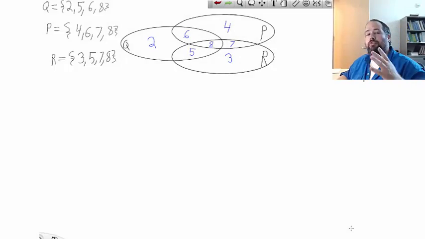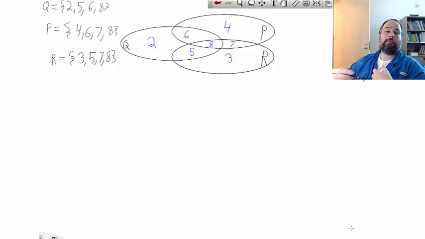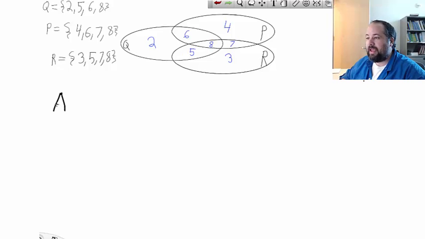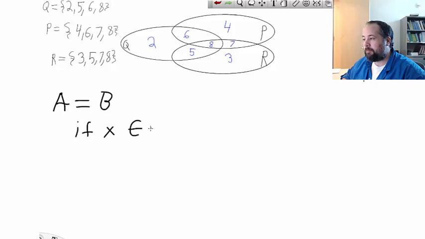Okay, so now we're going to do the element method of proof, right? So we've done the Venn diagram method of proof. Now I'm going to leave the Venn diagram up here because it makes it a lot easier to understand what I'm talking about. But the element method of proof is essentially something like, if I'm going to say that set A equals set B, then what I'm really proving is if X is a member of A, then